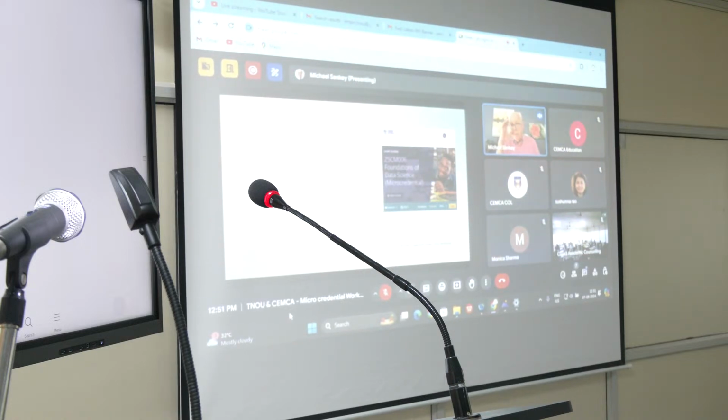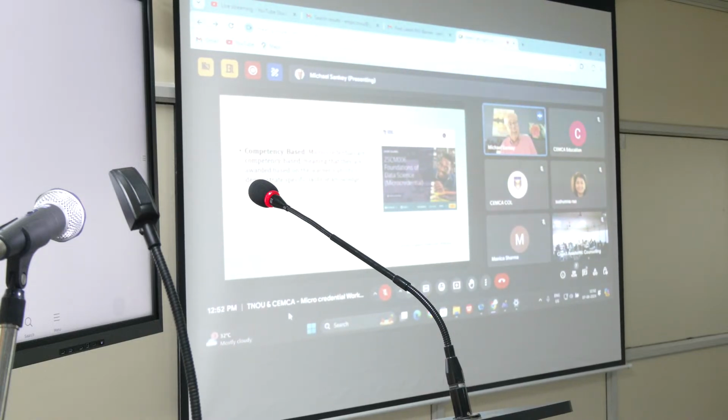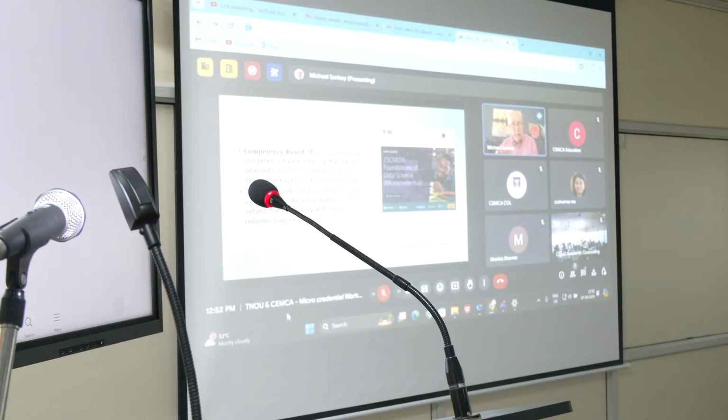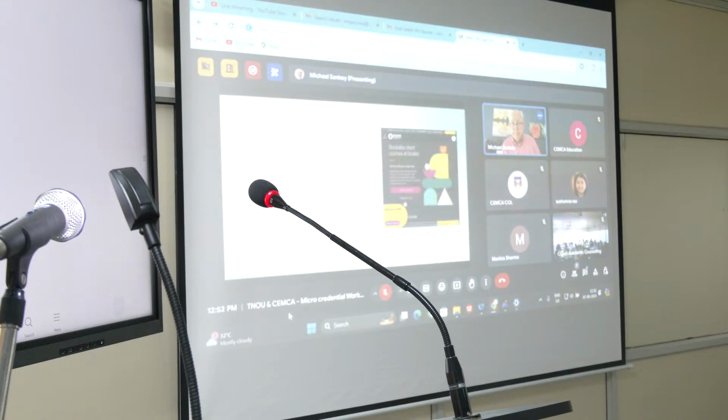Here's a micro-credential we offer at Charles Darwin University. It's the Foundations of Data Science, and it's a very popular micro-credential. And it's competency-based. That means that it's awarded based on the learner's ability to demonstrate a particular skill or knowledge. In this particular case, there are some assessments around data science. This model shifts the focus from the time spent in the classroom to the actual mastery of a particular subject matter, and that's demonstrated. Remember that notion that it's very focused pieces of learning rather than the broad cases of learning which you would see in a degree.